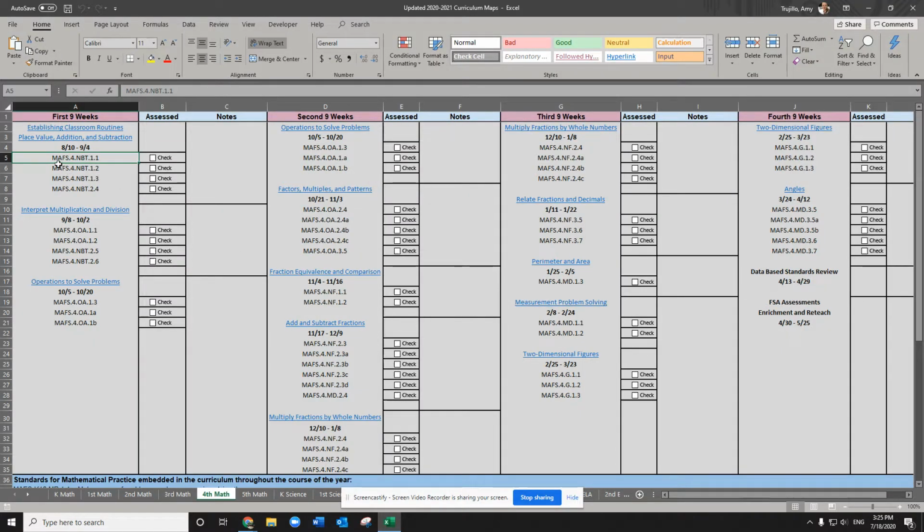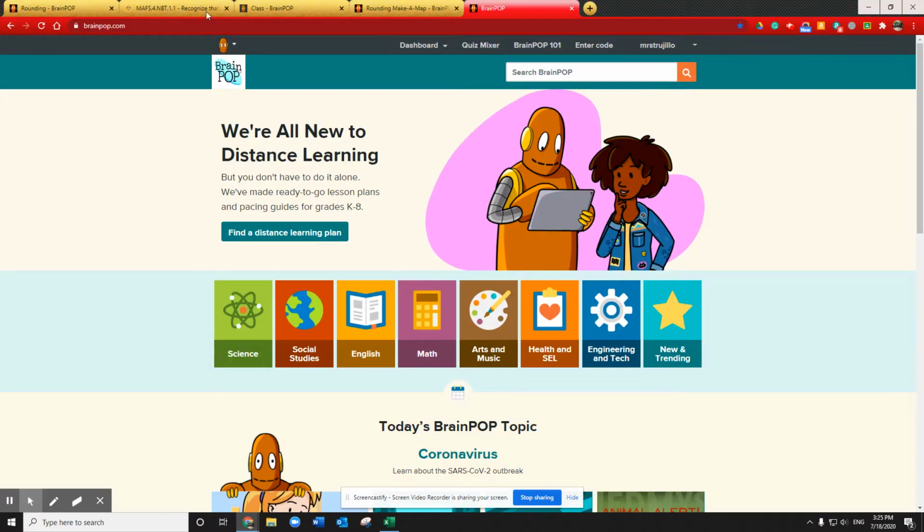So the standard is NBT 1.1. It says place value addition and subtraction. Looking at that, I can't tell what they expect out of that. So I'm going to go to